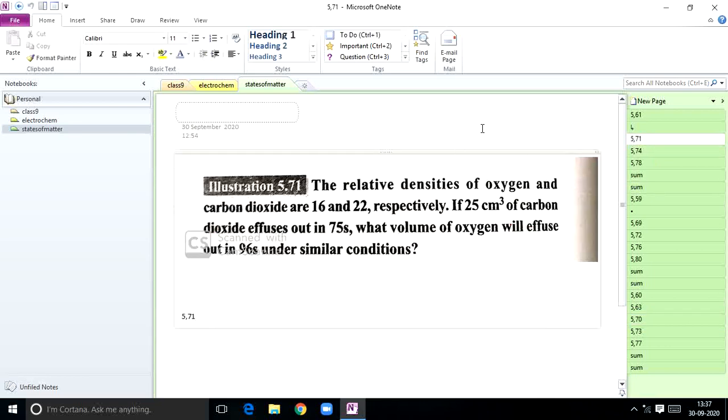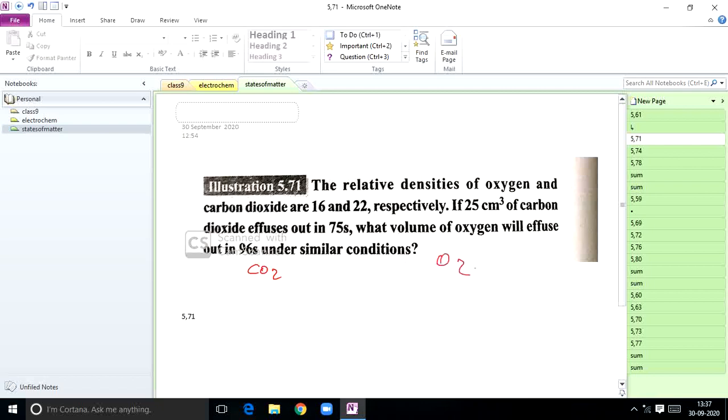Next, the relative densities of oxygen and carbon dioxide gases are given, 16 and 22. If 25 ml of carbon dioxide effuses out in 75 seconds, what volume of oxygen will effuse out in 96 seconds under similar conditions? So very easy sum, students. So here two gases are given. One is carbon dioxide and the other one is